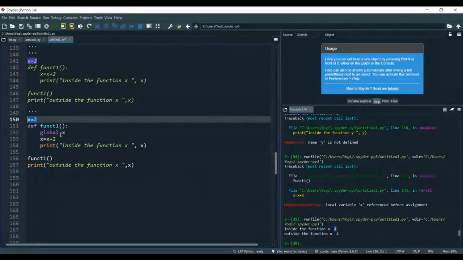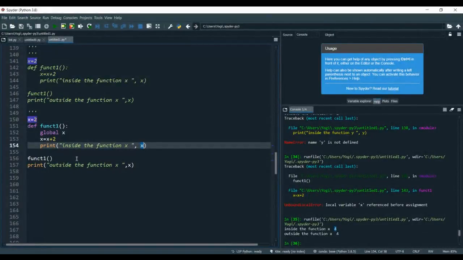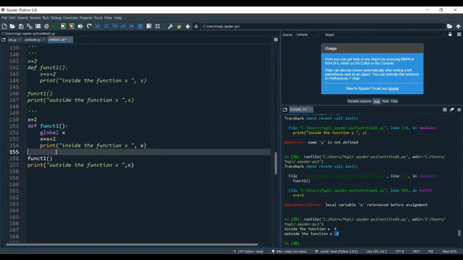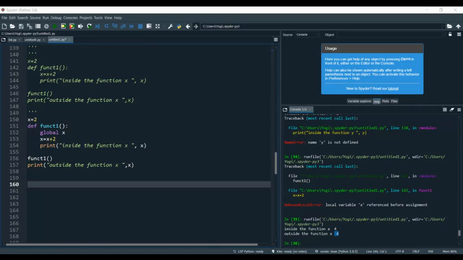So the value is reflected as 2 here. 2 plus 2 will give you 4. And after that, if you check the value of x outside the function and inside the function, it is reflected in the global. So in this way, you can update a global variable inside a local function by making use of this global keyword.